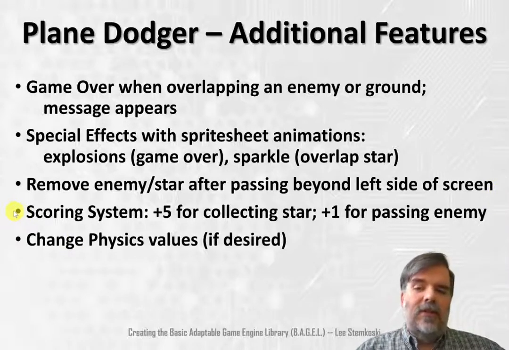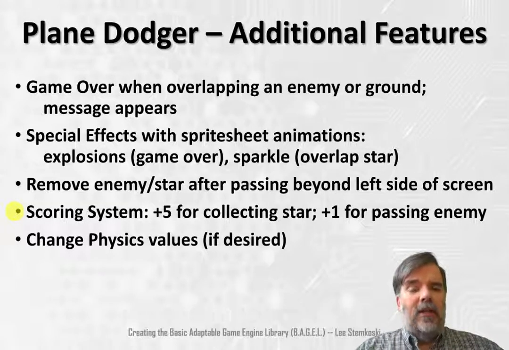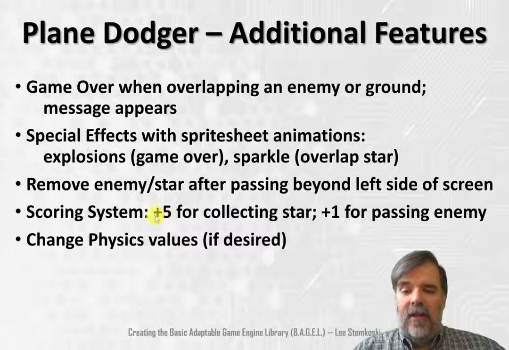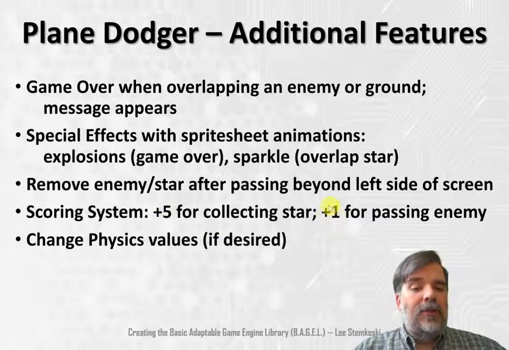You might also want to consider modifying the scoring system. Right now, you only collect points whenever you overlap with a star. But maybe you also want to take into account the number of enemies which have been dodged. So, you could, for example, implement a scoring system like this. Maybe add 5 points every time you collect a star, but also add 1 point every time you pass by